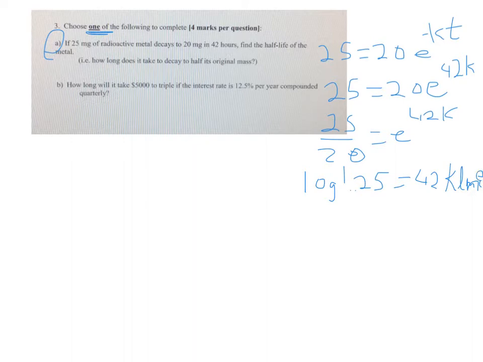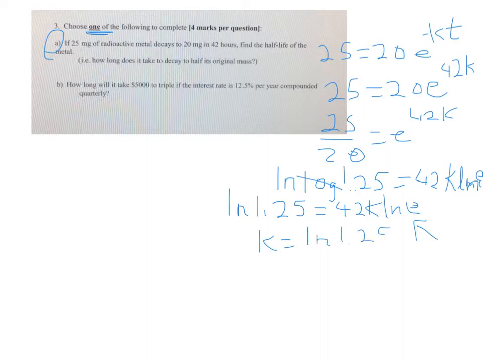Let's change this to ln rather than logs of both sides. Sorry that's so messy. So we've got ln of 1.25 equals 42k ln e. Now ln e is equal to 1, and so k is going to be ln of 1.25 over 42. That's going to give you your growth factor, or in this case your decay factor,